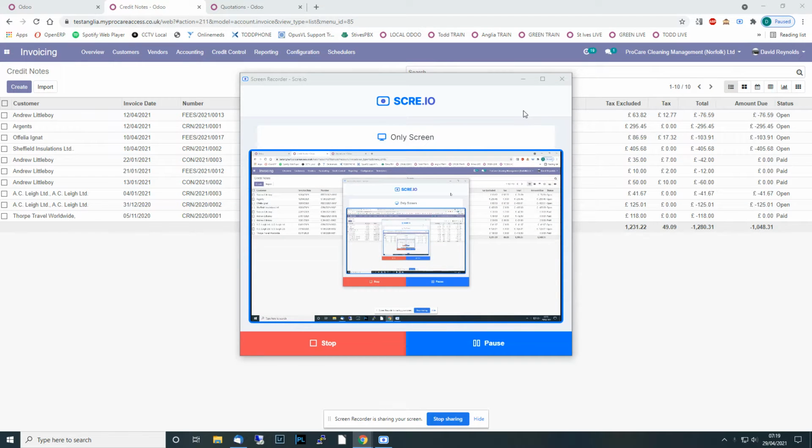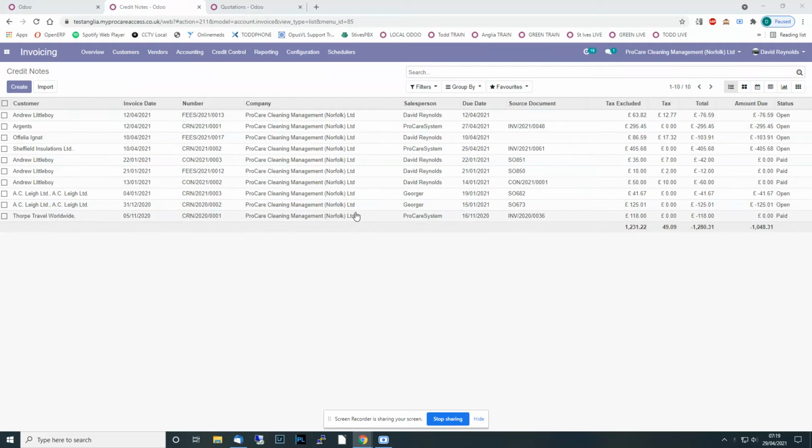So this is a quick run through for the procedures for the end of month routine. The first thing to do is to ensure that you do have all your invoices and credit notes validated. So if you go into your normal invoicing, have a look for credit notes, make sure there's nothing there in draft,